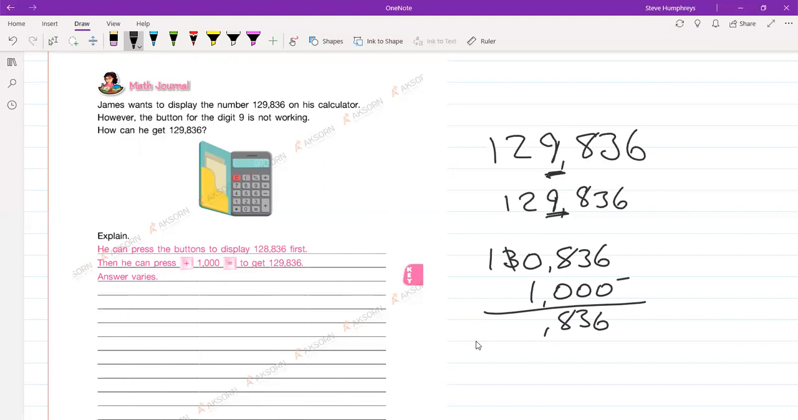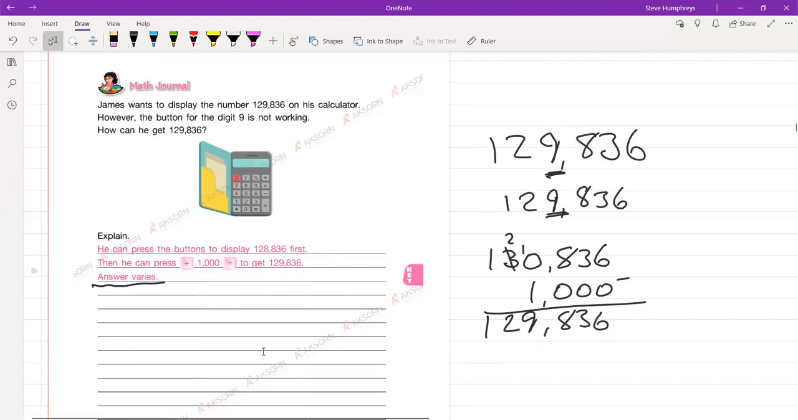to borrow. That's now 10 minus 1, 9. 2. Okay, so we could do it that way. 130,836 minus 1,000. It says here, answer varies. So you could have